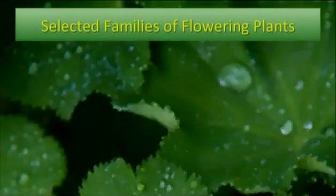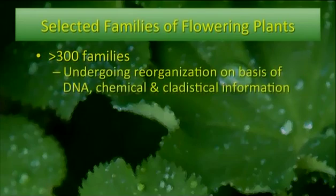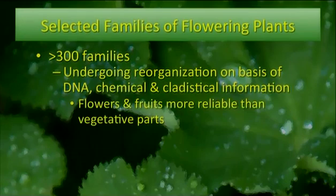Okay, now we're going to go through some selected families of flowering plants. All right? So there are more than 300 families of flowering plants, and these families are right now undergoing reorganization. That's what they always do, reorganizing things on the basis of the DNA, chemical, and cladistical information. Okay? Now, classically, or